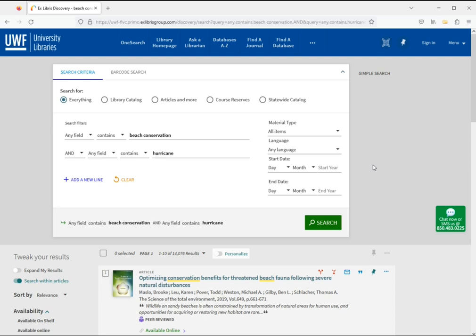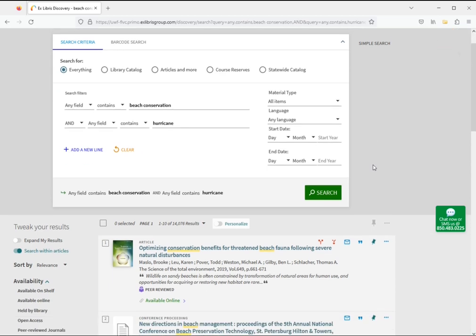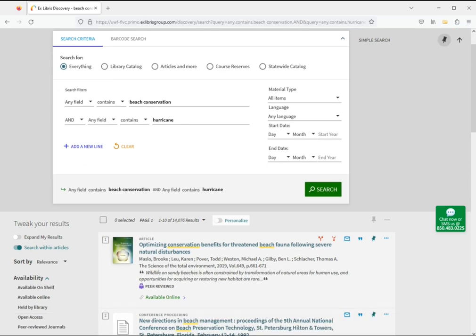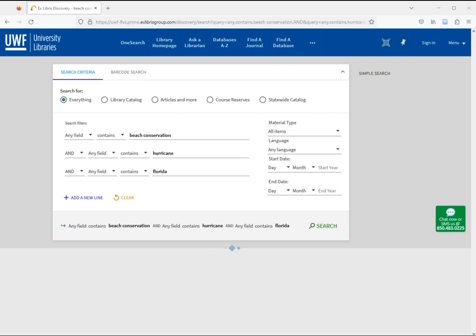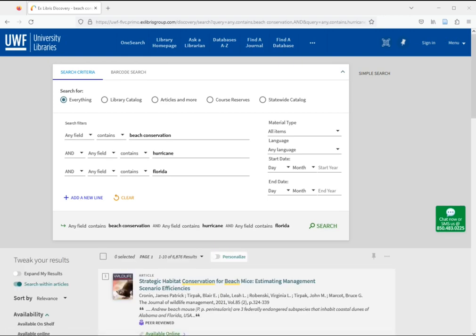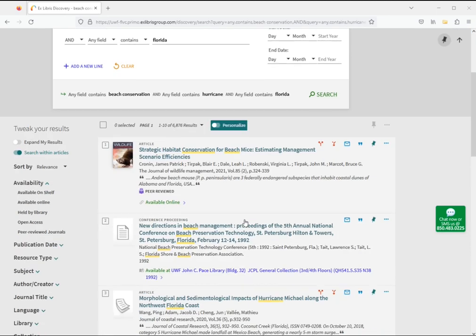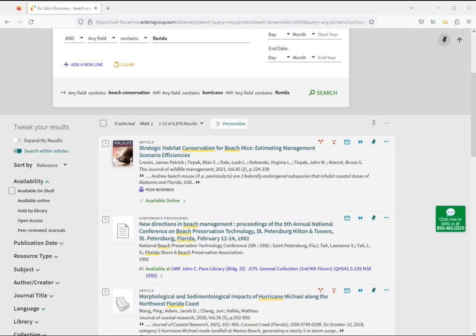That narrowed our search to just over 14,000 results. That's probably too many for any reasonable class assignment, so we'll add additional search terms by clicking Add a Line and then entering Florida. 6,800 results is still quite a few, but we can reduce this to a more manageable and useful number by